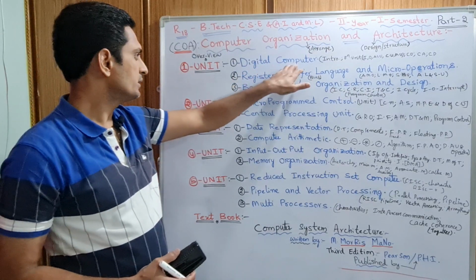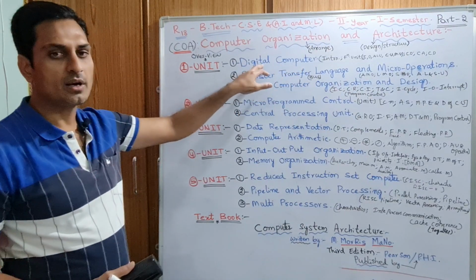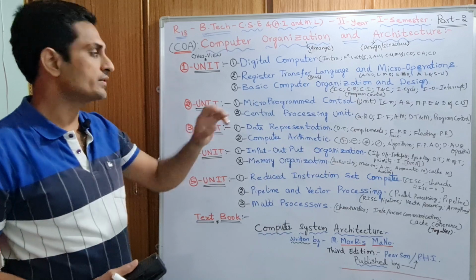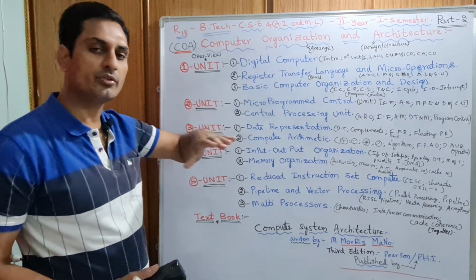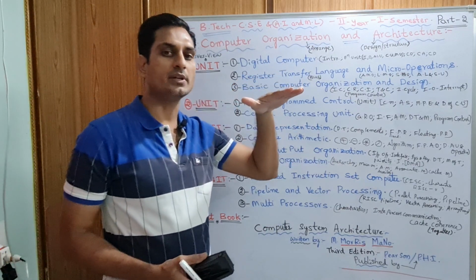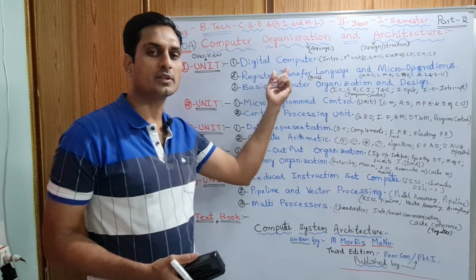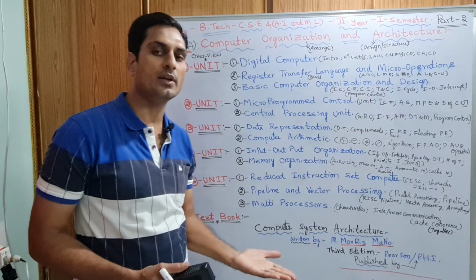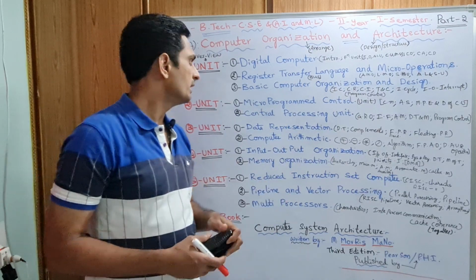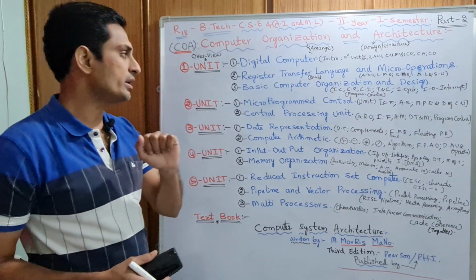Digital computers. Here, the computer will understand only zeros and ones. That's why it is called a digital computer. Whatever you type in high level language from the keyboard, everything goes inside in the form of zeros and ones. It will understand only binary, low level, machine level language. Right? That is called binary, 0 and 1.